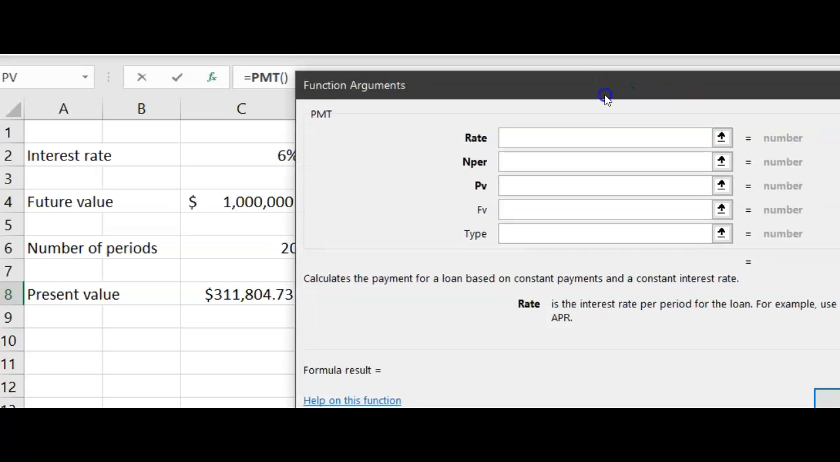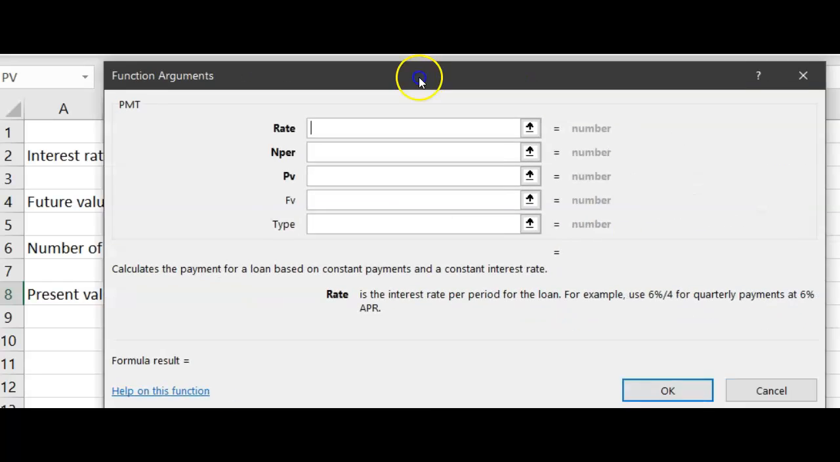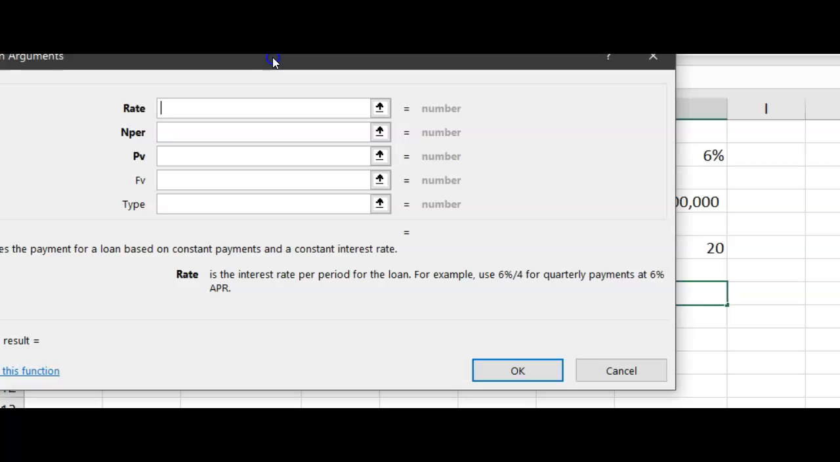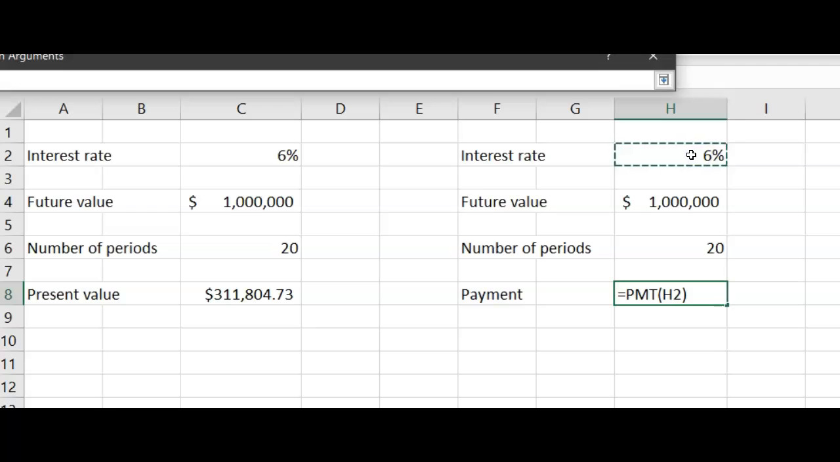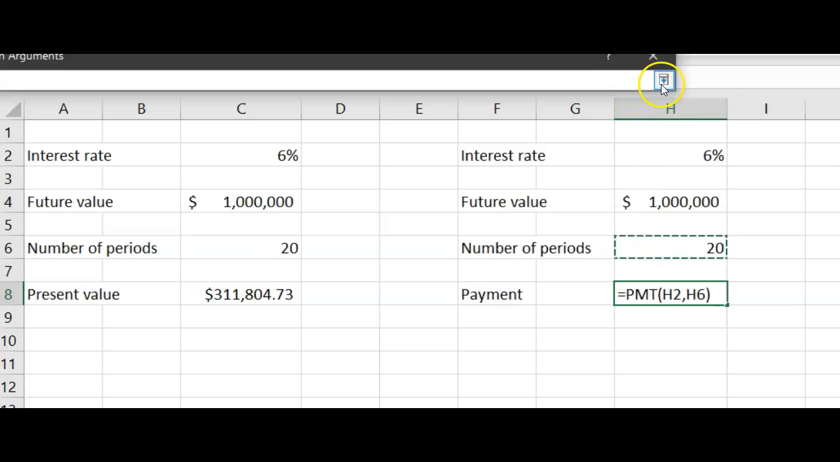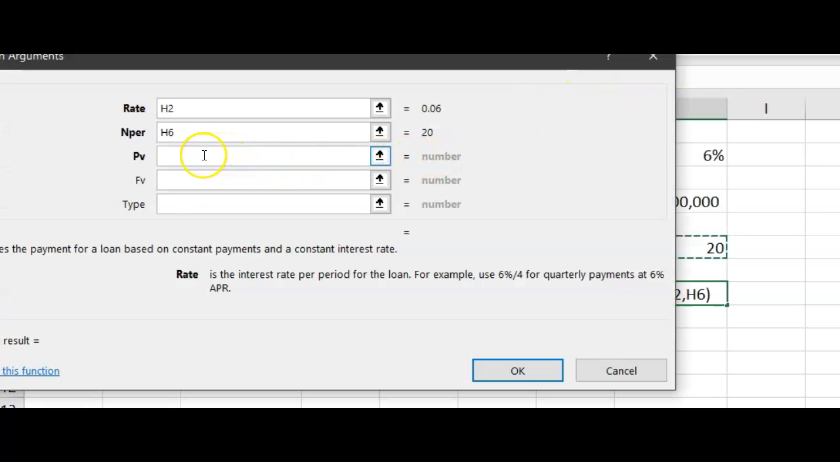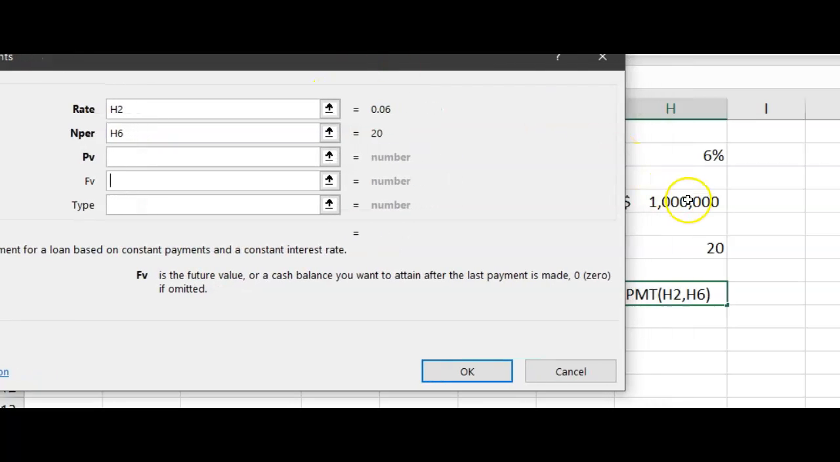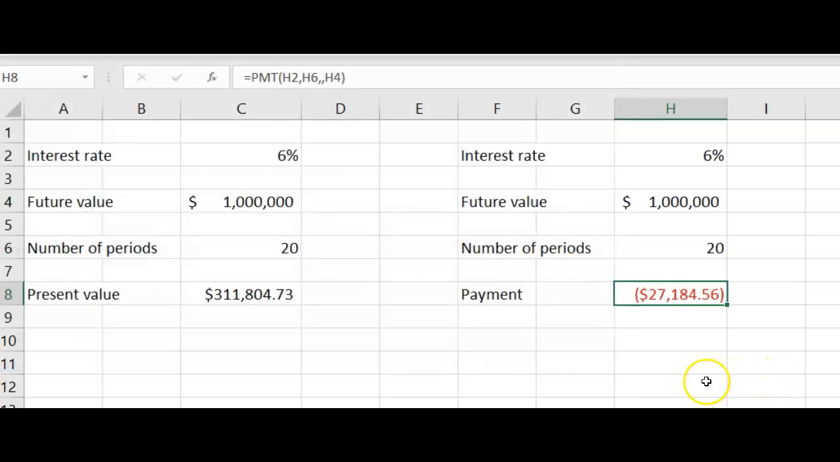All right, so now I'm over on this side. Let me see if I can move this where you can see it. I think that'll work. So the rate is given as 6%. Right, the number of periods is still 20. At this point, we have nothing saved, but we know we want a future value equal to that amount, $1 million. And I'm going to hit OK,